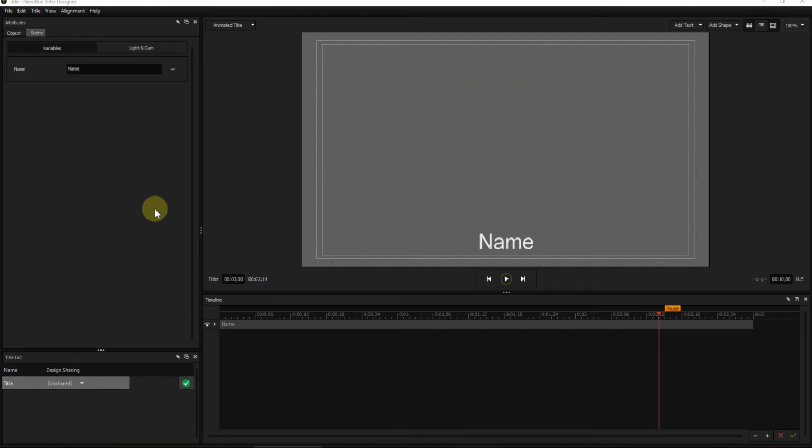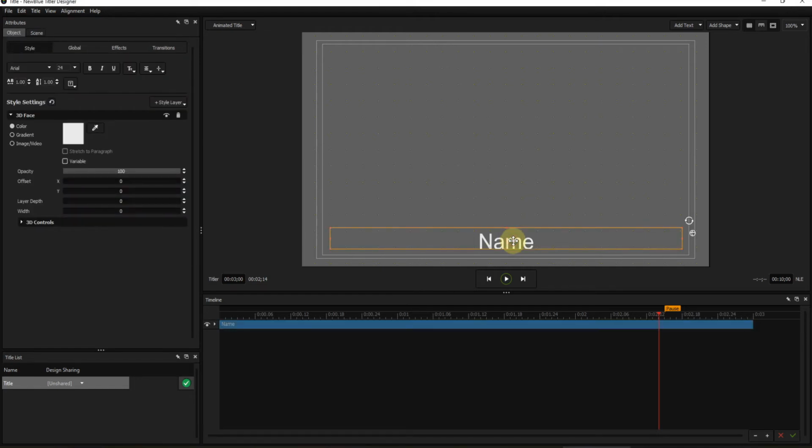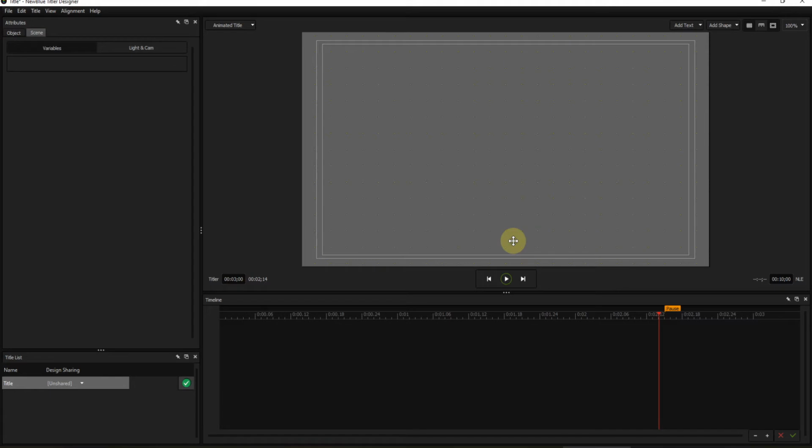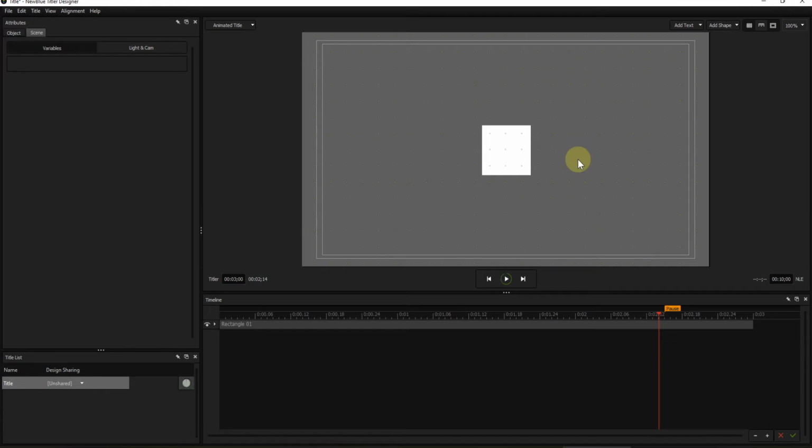Before proceeding, I have to tell you that none of the attributes in the Style section can be animated. For instance, it's not possible to make a title element change colour over time. I'll make a start by deleting my default element. And we'll start with a very simple example of animation. I will add a rectangle and move this to the left of the screen,